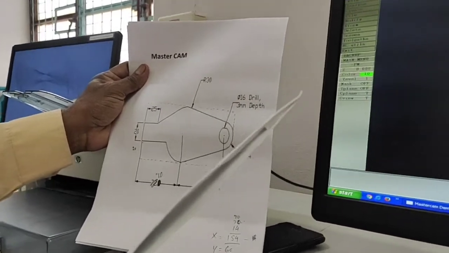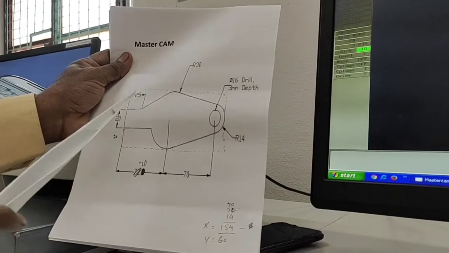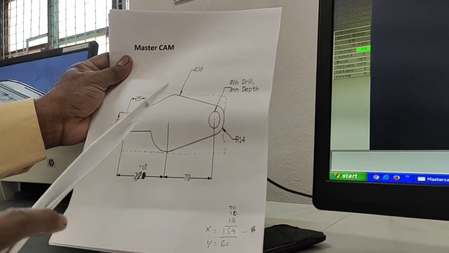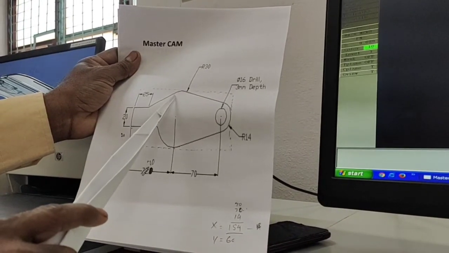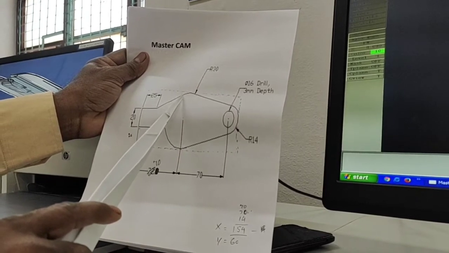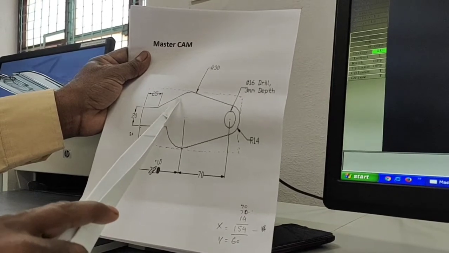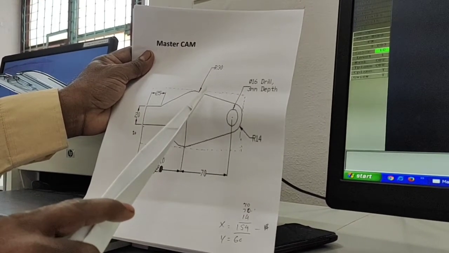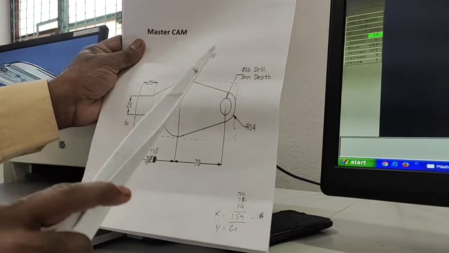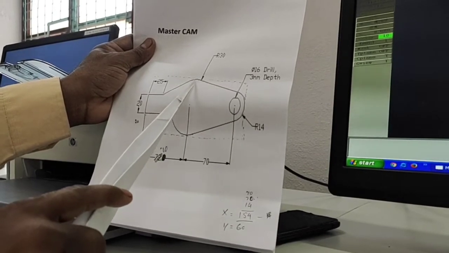So what is the advantage over the Tricad package? Here the line has a starting point and end point, but there is no starting point or end point in this arc. This is the feature available over the Tricad package. We are not able to draw the particular line in the Tricad package because there is no end point. But the MasterCam software automatically finds the tangent line.